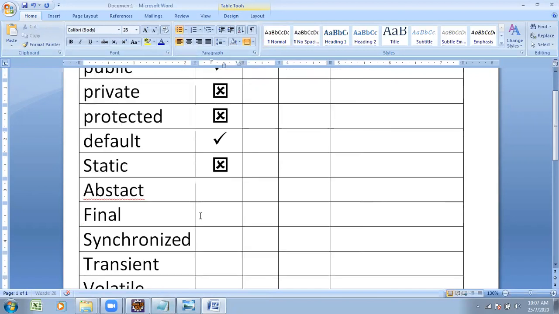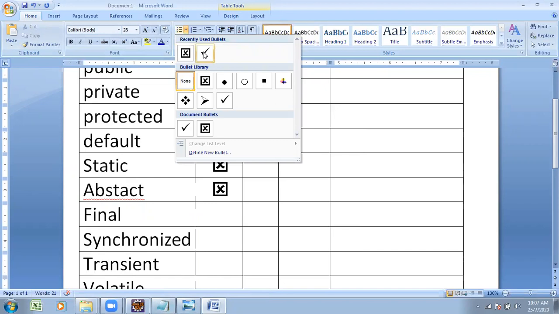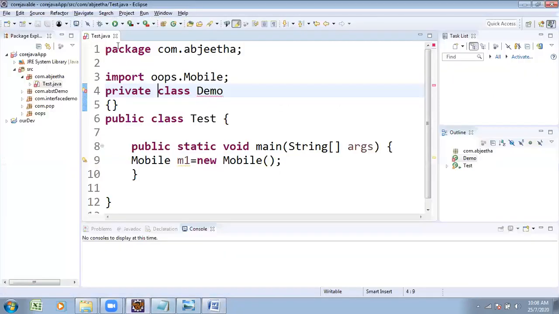We cannot declare a normal class as static. Abstract class demo is supported, but making it static is not supported. We can declare the class as either public or default.